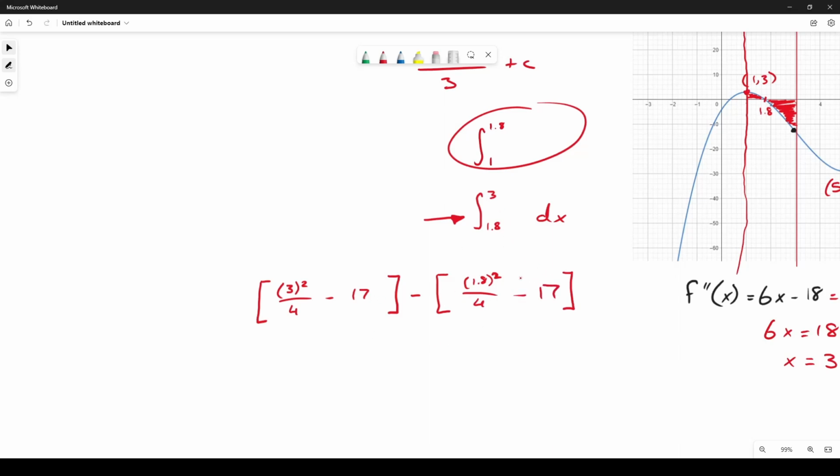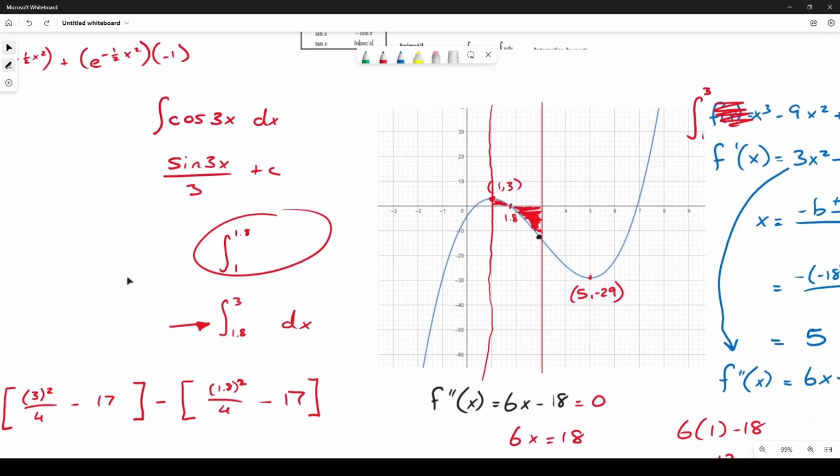And I know I picked random numbers, so it might not work out the way I wanted, but you should get a negative number when you do this if the thing is underneath the graph, like it would have been for this one. What other thing was I about to mention there? Yeah, so the most common way of doing it is